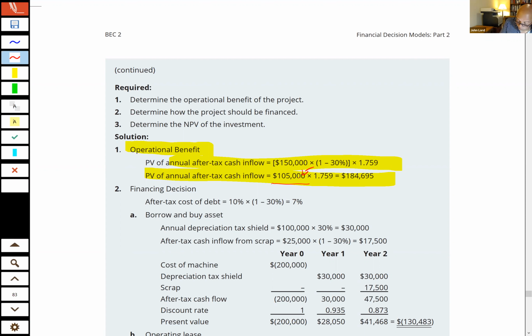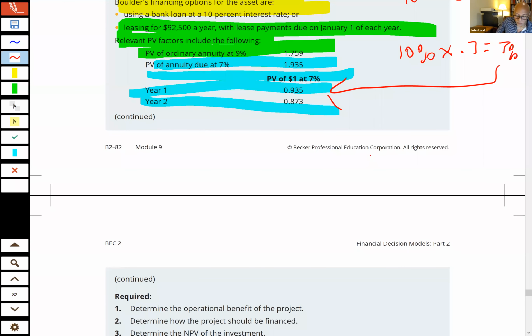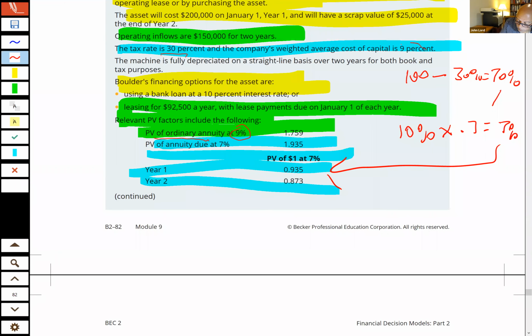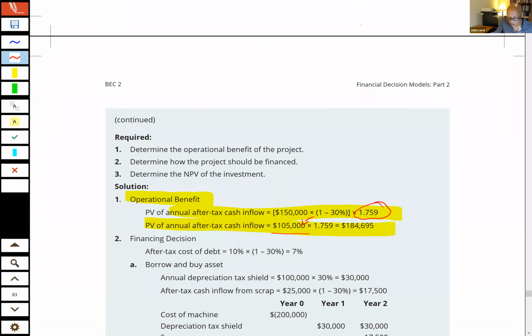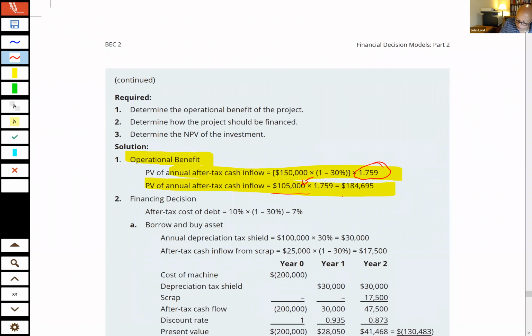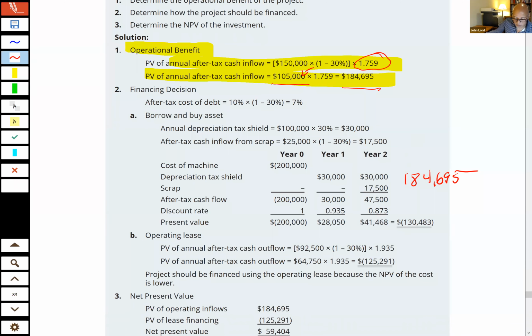The 1.759 is coming from the information up here, which was the present value of an ordinary annuity at the 9%. 9% was their cost of capital, right? So we have to use that to discount those cash flows coming in. And so they give us this 184,695. Now, the way I look at this, I should consider it both when I look at the financing option for borrowing to buy the asset,